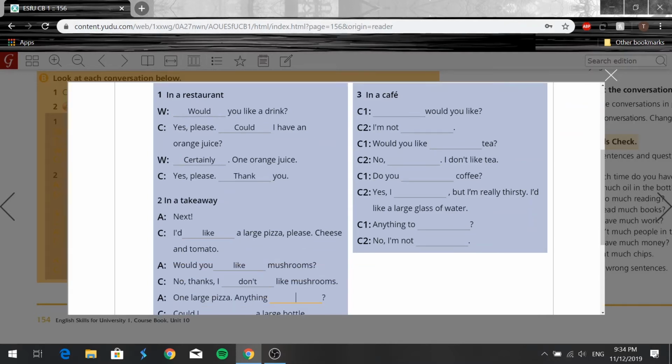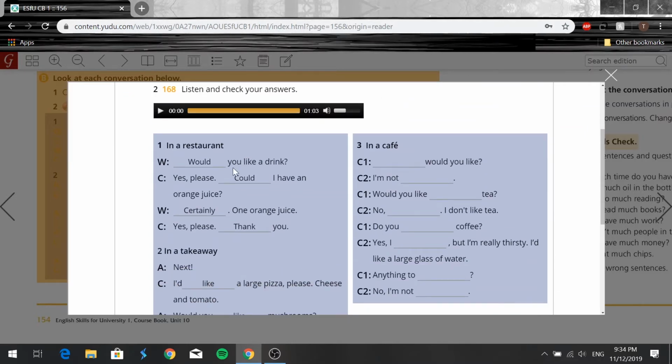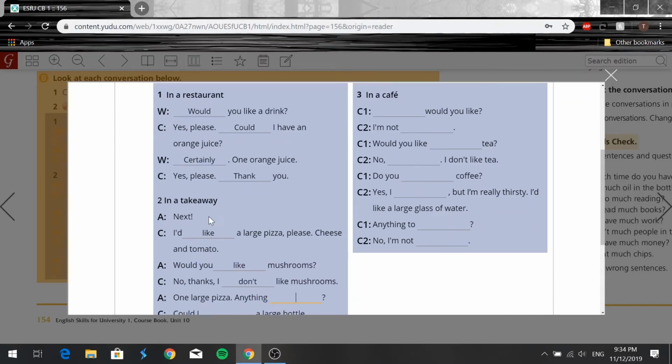Right, so I had to stop midway because it was going way too fast. So let's go back to conversation 1, and then we'll move forward. So we have in a restaurant, right? Would you like a drink? Yes, please. Could I have an orange juice? Certainly. 1 orange juice. Yes, please. Thank you. Okay. In a takeaway,